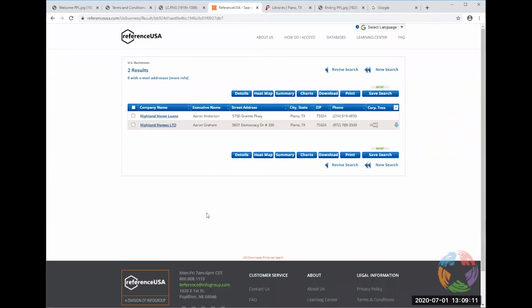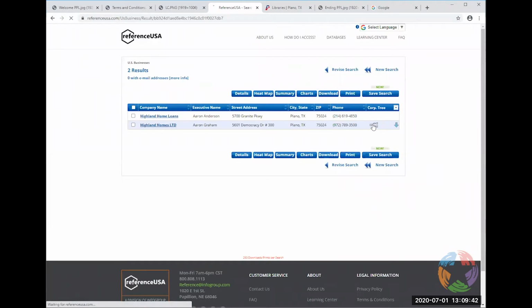Okay, this is more like it. We're not going to use the one from the loans. We're going to use this one here, which is over on democracy. And actually, if you have a question on if this is your company or not, over here on the right side you've got the corporate tree, and you can click on that and it will show you which one is the top company and what companies are underneath it. Or if you just want to see which companies are underneath it, you could click on this.